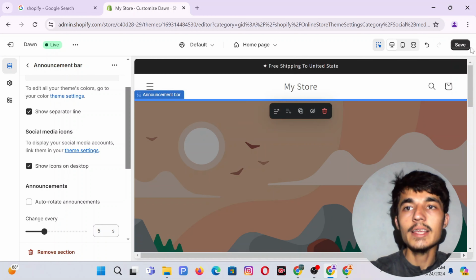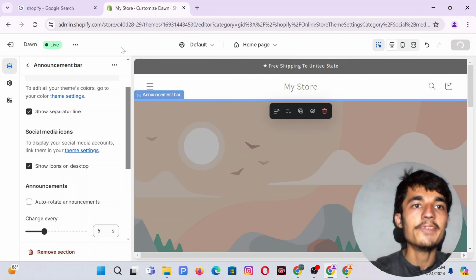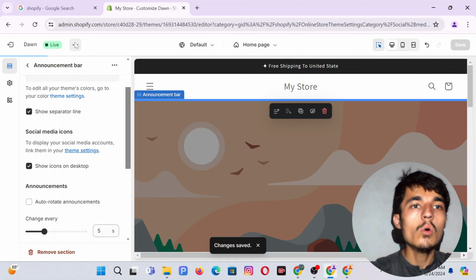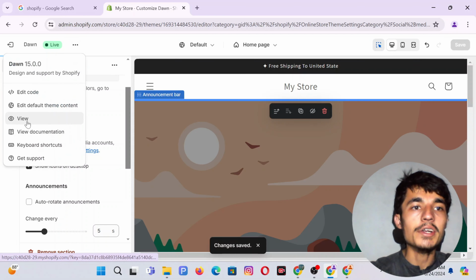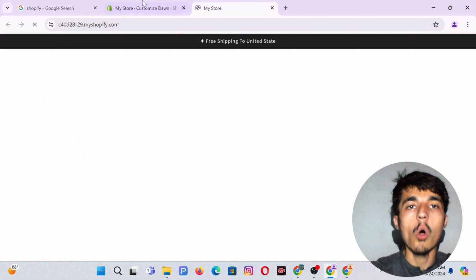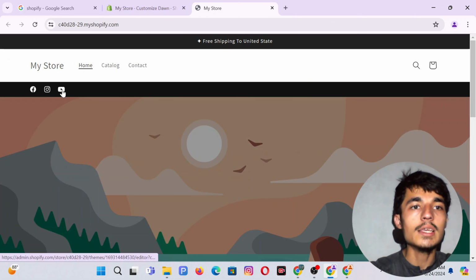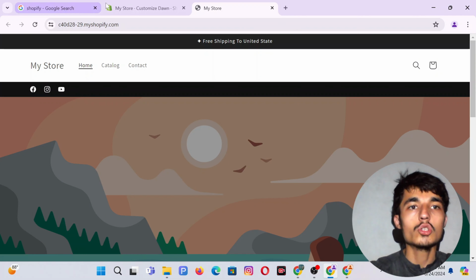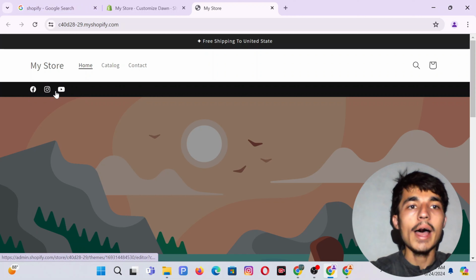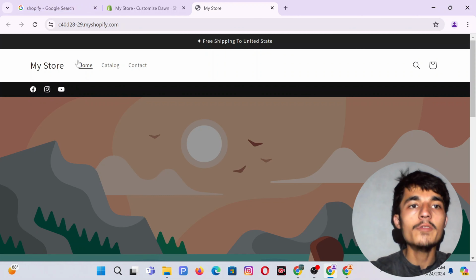So once everything is done, you have to click on the save option, and now you have to click on these three dots and click on the view option. So here you can see the icons. So let's say I want to have these icons above